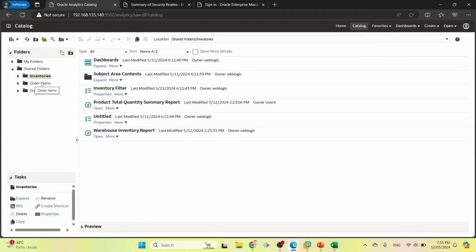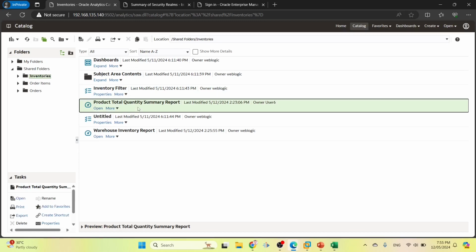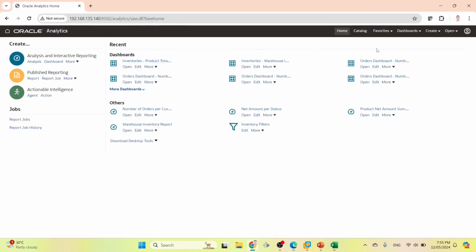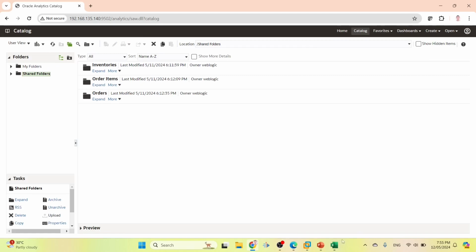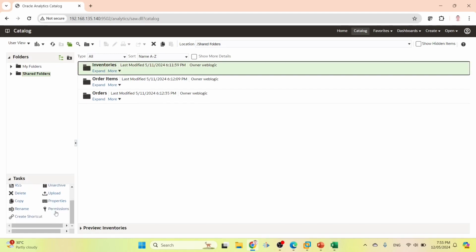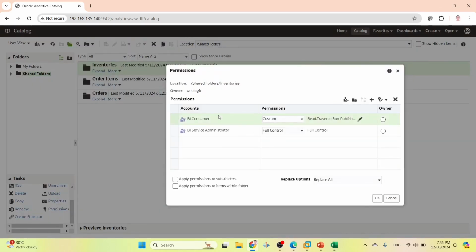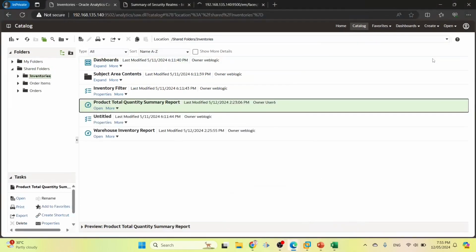Now, if I log into the analytics by user 1, will the security be applied? The answer is no. Why? Let me show you why. Here, if we check the permissions, you will find that BI Consumer is granted access, and BI Administrator and BI Service Administrator. And if you go back to user 1,